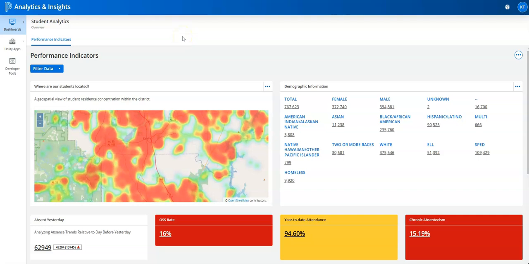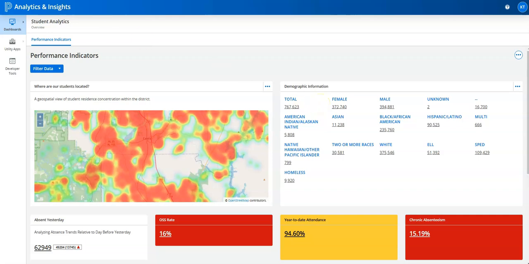In this video, we are going to show you how to create student plans in bulk. In order to create student plans in bulk, you're going to first need to drill down to a student list. You can do that by clicking on any metric that works for you. For example, anytime your mouse turns from an arrow into a pointer finger, that is going to drill down to